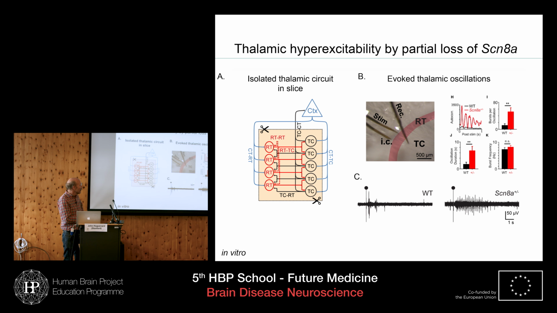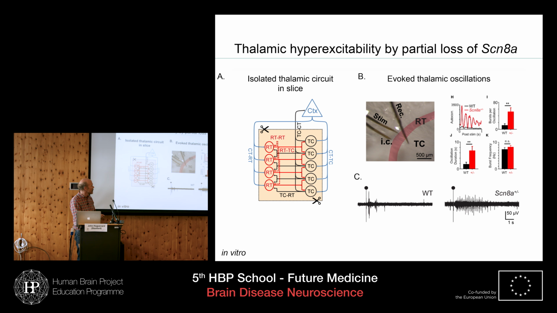And in wild-type slices, we can get activity that goes on for a couple of cycles, so we get a weak oscillatory response. But in the 8A animals, you see you get this very much longer-lasting response. It's what we would call epileptiform, right? It's this self-sustained electrical activity that goes on for many seconds, the same sort of time frame that we know occurs in the seizures in these animals, and the same characteristic frequency.